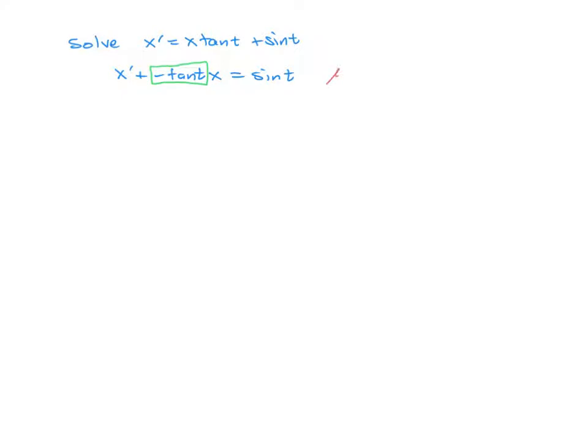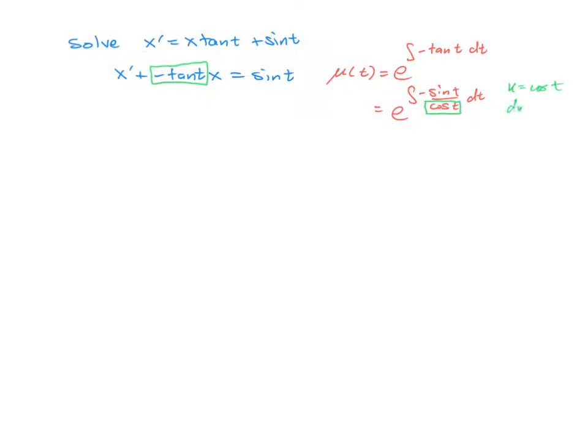So off to the side, our mu of t is going to be e to the integral of the negative tangent of t with respect to t. And again, we could either recognize this as a derivative of a log function, or we could do a substitution. This is the same thing as e to the integral of negative sine of t over cosine t dt. So if we take our u to be the cosine of t,